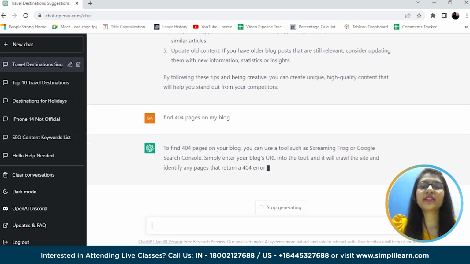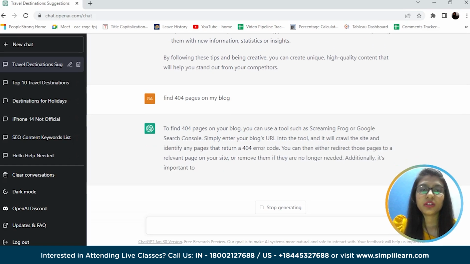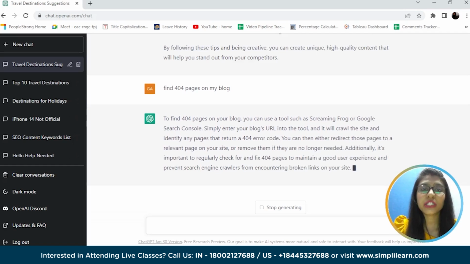So from this, I can understand that though we have not posted any blog link or any internal links that lead to that blog which we are expecting, this is not a clear idea we are providing. But to find 404 pages, it is not possible for ChatGPT to get one, but we can use some of the suggested tools like Screaming Frog or Google Search Console, where we get a detailed report of the broken links or 404 pages, that is the dead pages of our website.